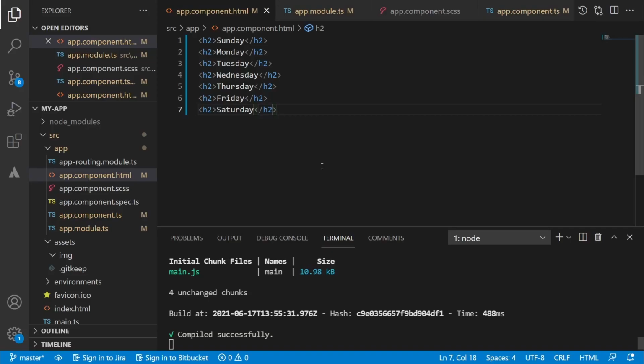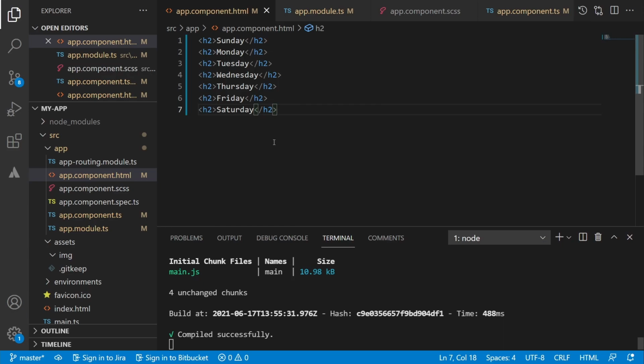Let's say we have a list of weekdays that we want to display, or probably we could have a list of cities, list of countries, list of employees, and all such lists that you can think of. One way of doing this is to repeat your code again and again so that you can display all the data. But this is neither a practical nor a clever solution to this problem. This is where you need to use ngFor to reduce your effort of coding and also to make your code